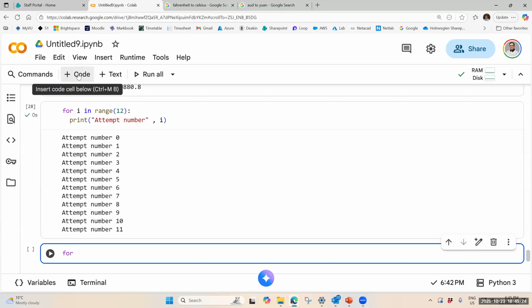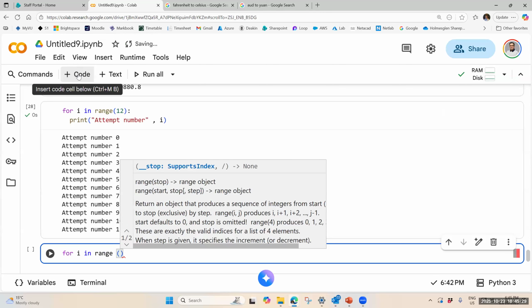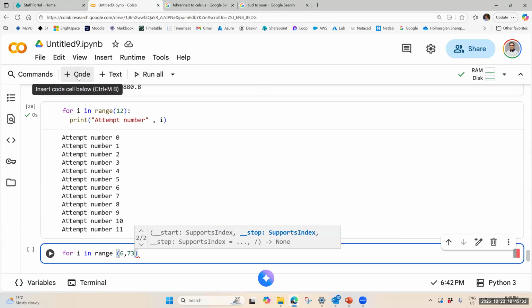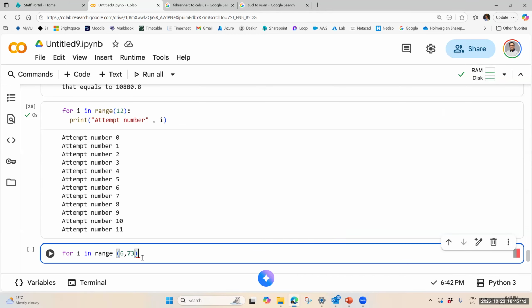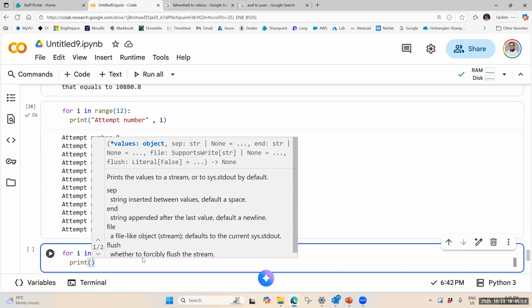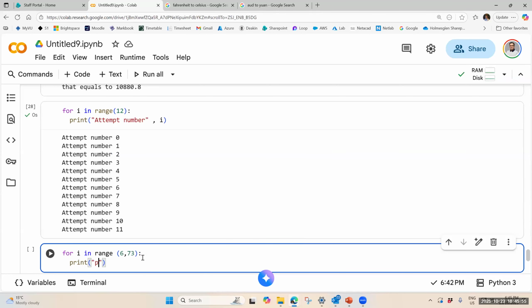This time, for i in range(6, 73). So I separated the beginning and ending by a comma. For i in range, colon. It's important. If you fail to put the colon, it gives you an error. So you can print something like this: